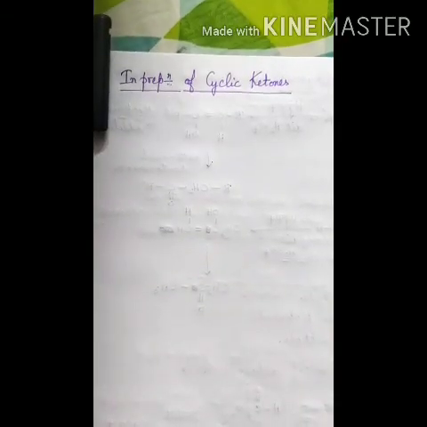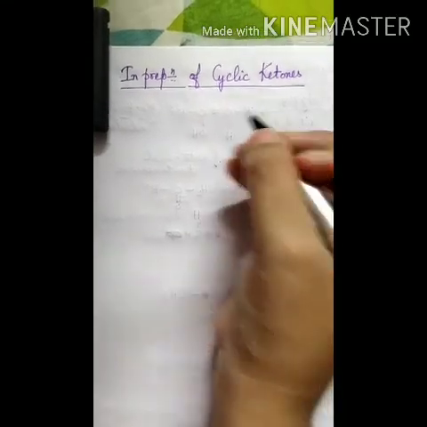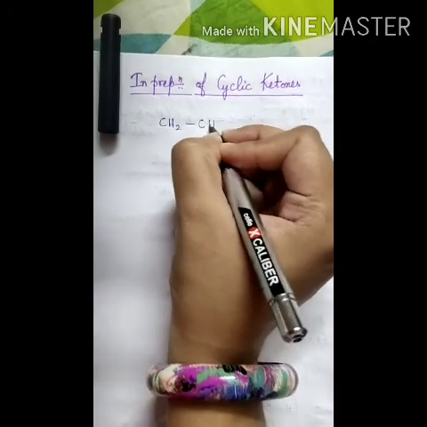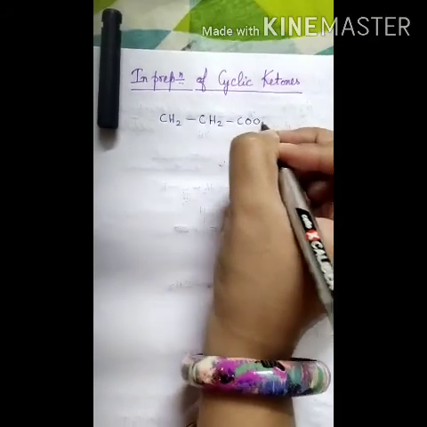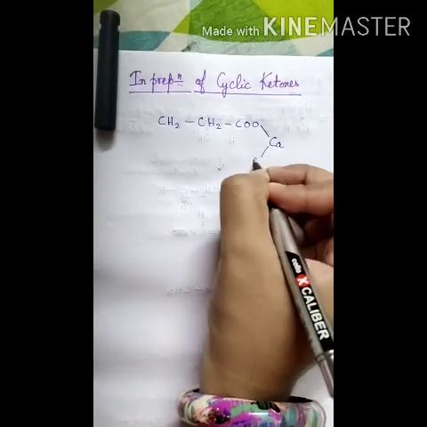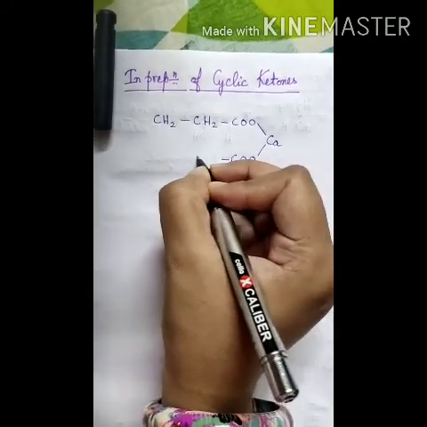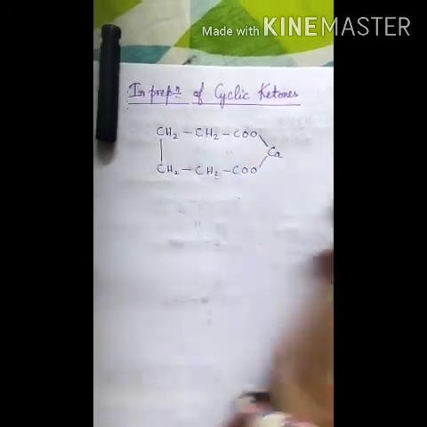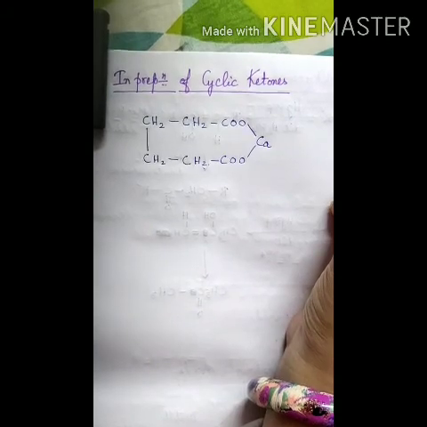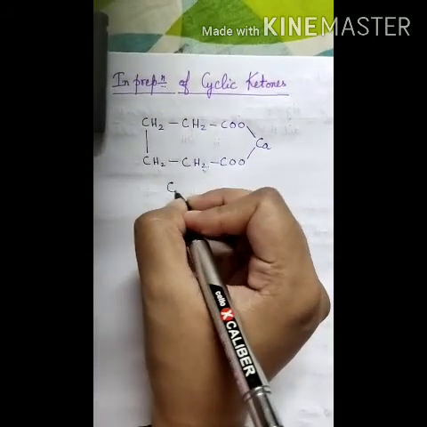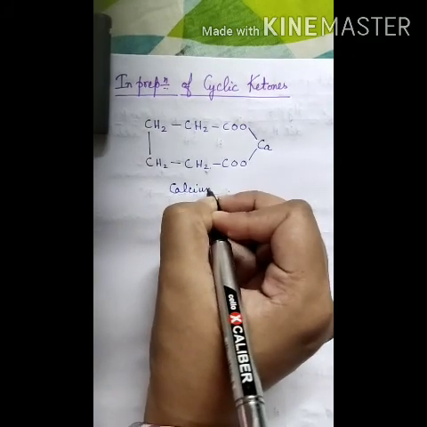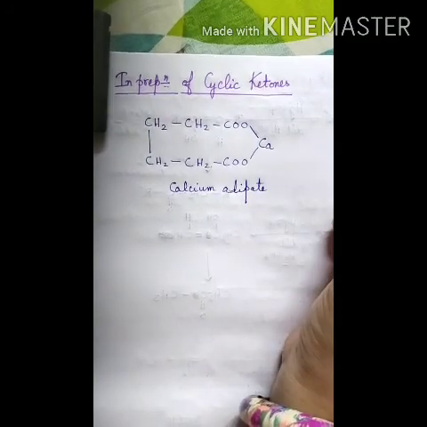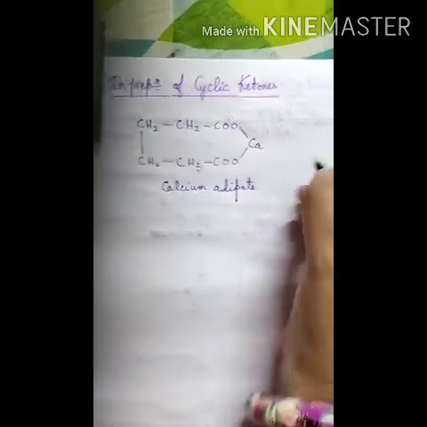The above said method can also be used in the preparation of cyclic ketones. Suppose we have taken such a calcium salt. Suppose we have taken a cyclic calcium salt, and what is it? It is calcium adipate. This is calcium adipate. Now if we distill this calcium salt,